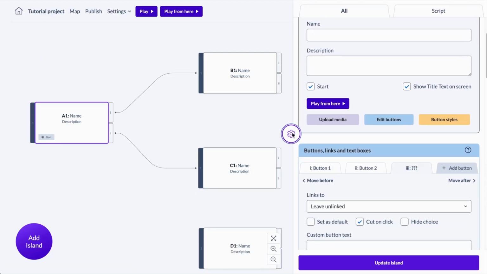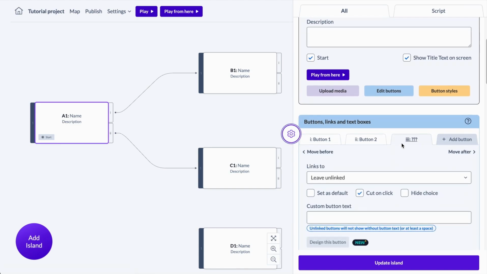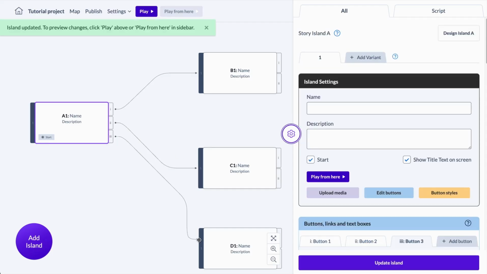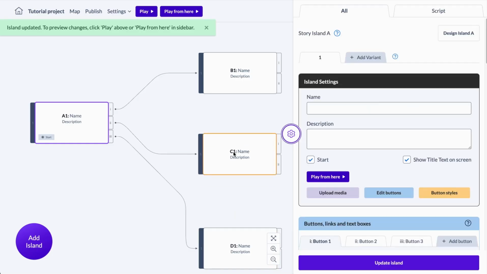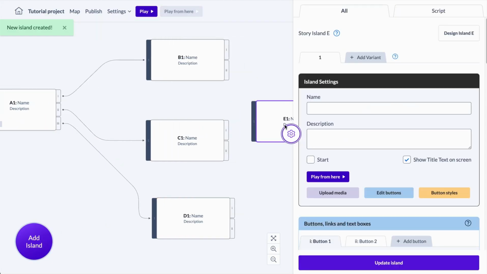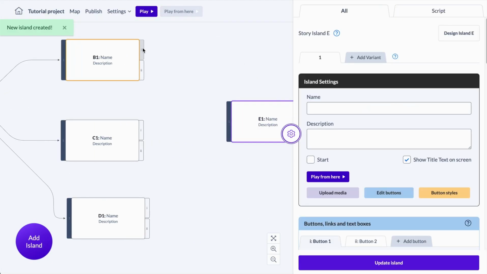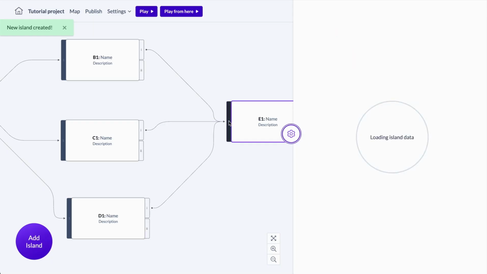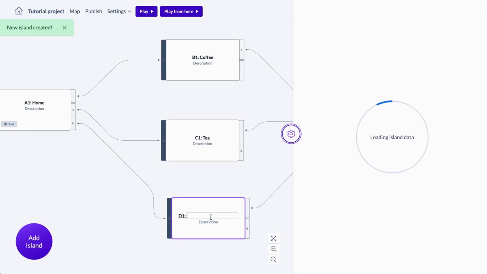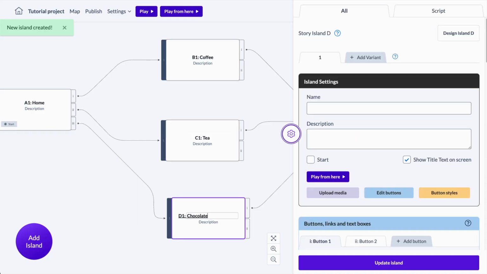So I can open up the sidebar using this cog, and then in the button section, click add button. I've now got another button there, and I can now drag a link to this story island at the bottom, D1. How do I create another story island? I click add island here, and I can move that over here, and then I can link these up like this, and suddenly I have an interactive experience. This can be called home, this can be coffee, this can be tea, and this can be chocolate, and this can be